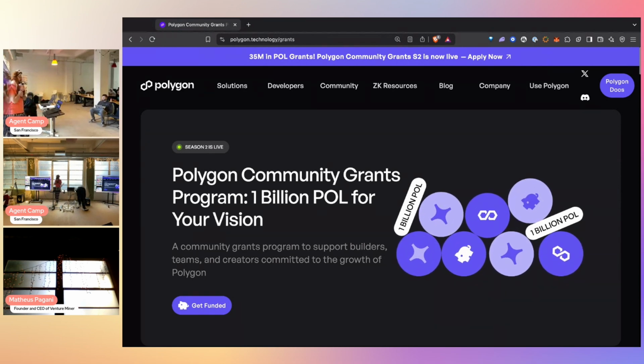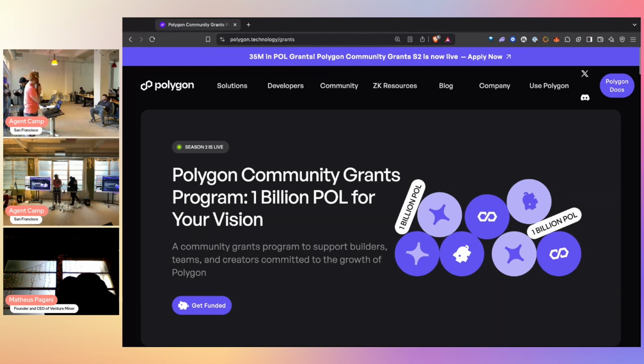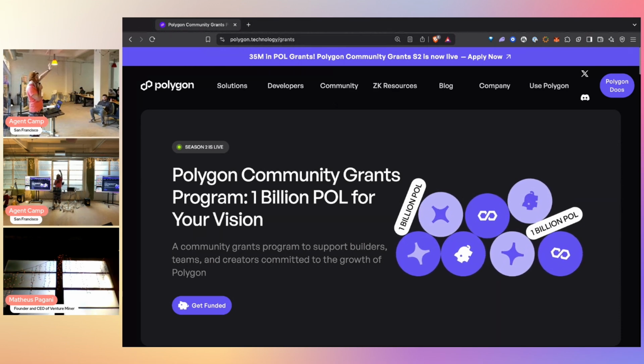So what Polygon did was they created a proof of stake blockchain. Who here is a big fan of proof of stake? Yes, everybody should be, because Ethereum has converted. So Ethereum was originally proof of work and converted to proof of stake. So you could say that Polygon kind of won on a technology basis. Proof of stake was superior to proof of work.